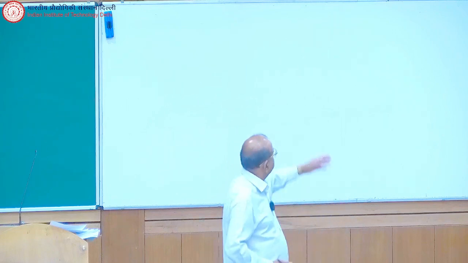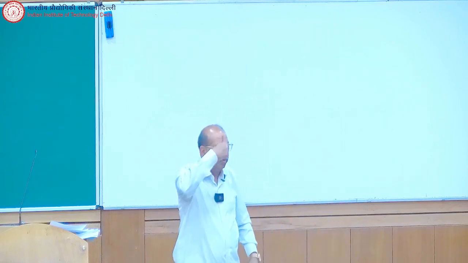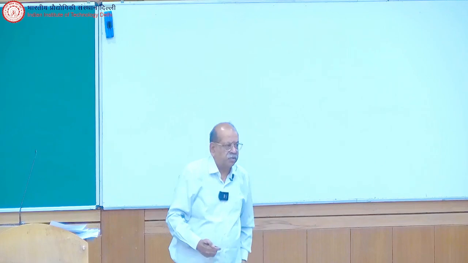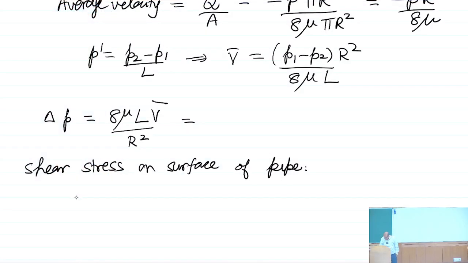Now, what component of shear stress are we talking of when I look at the pipe surface? Shear stress is tau, which are the two subscripts? Which is the direction of area on the surface of the pipe? R. And in which direction is the flow taking place? Z. So the shear stress we are talking of is